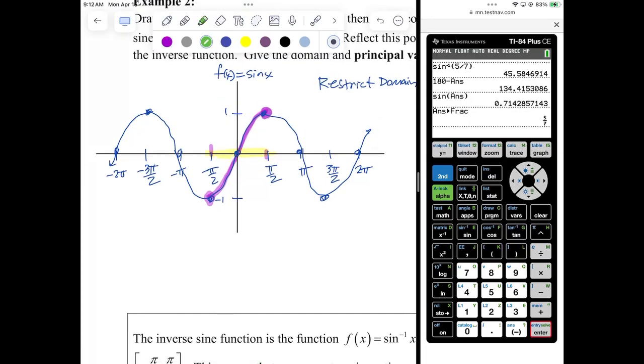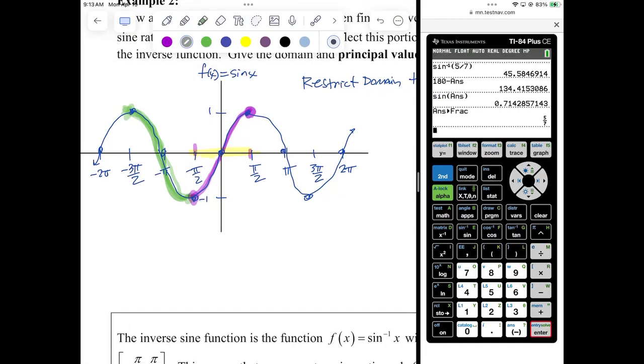Since we have that idea, what about from -3 pi halves to pi halves? Would that be a one-to-one interval on that green interval? It would be one to one. Would it include all the values from -1 to 1? Yes, but is it as convenient? It's not as convenient. It's further away, right? What about the interval from pi halves to 3 pi halves? Is that little gray section one to one? Yes. Does it include all the values from -1 to 1? Yes, but is it as convenient? No. So the most convenient one-to-one interval that includes all the y values is going to be from